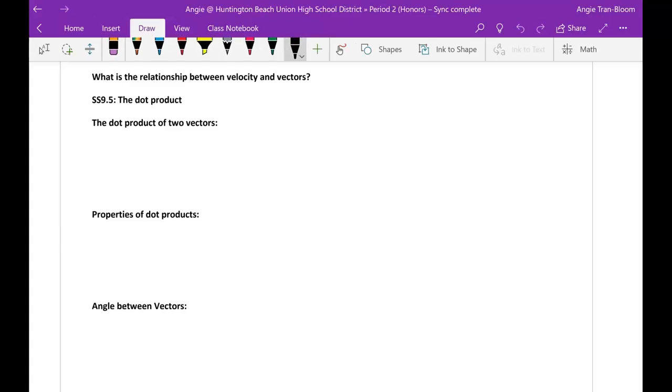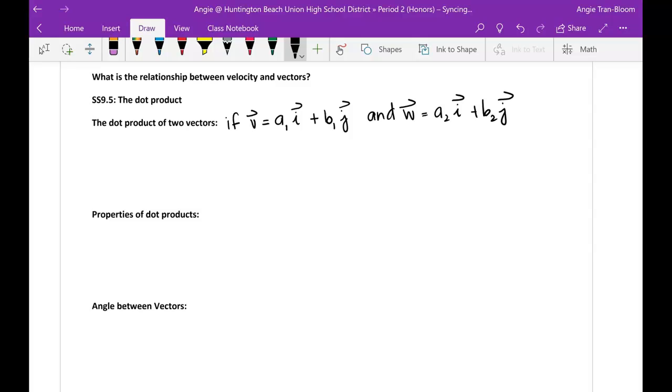vocab, here we go. If vector v is some given a subscript 1 in the i direction plus b subscript 1 in the j direction, and a given vector w is a subscript 2 in the i direction and b subscript 2 in the j direction, v vector dot w vector is equal to component a1 times component a2 plus component b1 times component b2,